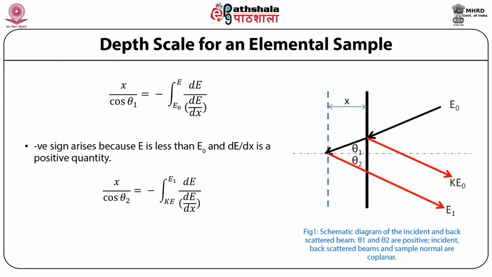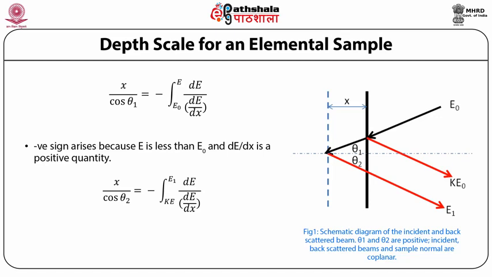Figure 1 shows the energy relation of an incident particle before and after scattering. Let the energy E0 be the energy of the incident particle, the energy immediately before scattering at a depth x is E, and E1 be the energy of the particle emerging from the surface. It should be noted that the incident beam is smaller than the target. The incident particle, scattered particle and the normal to the surface of the sample